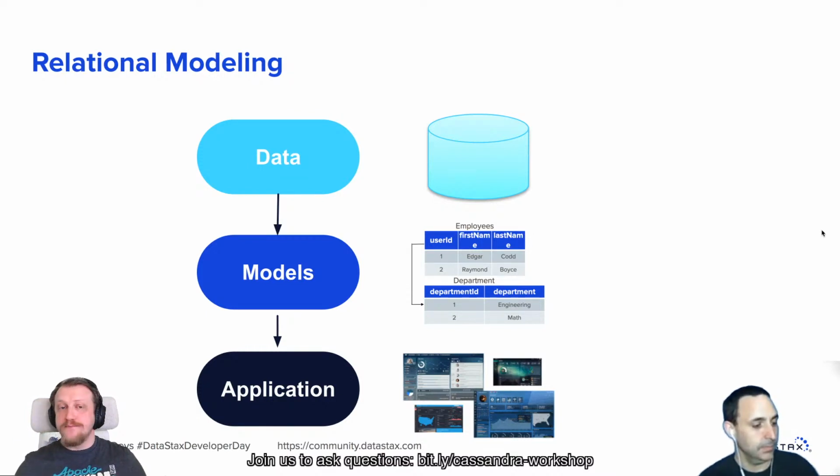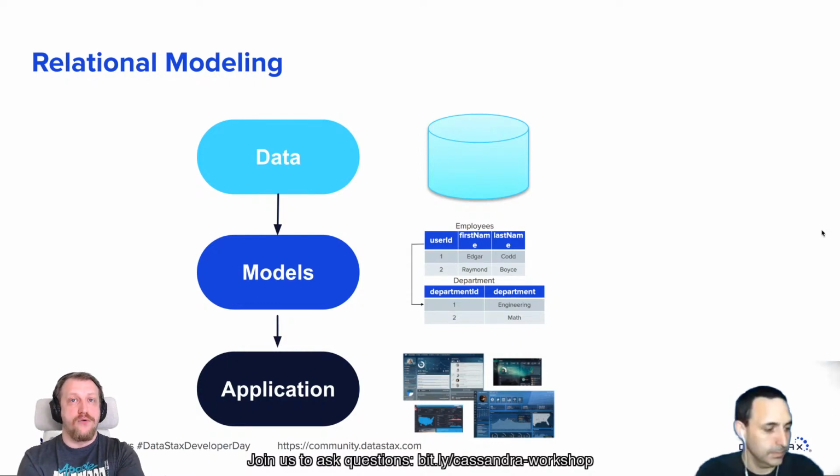So let's move on. Relational modeling. We were speaking about the model, but the best way to learn something is to do something. So we will speak about how exactly we design a data model for a Cassandra-enabled application. Most of you have experience with relational modeling, so I will use it as a base to talk about what's different in the Cassandra world. In relational modeling, we first analyze our data, our business domain, and based on the data we have, we create models.